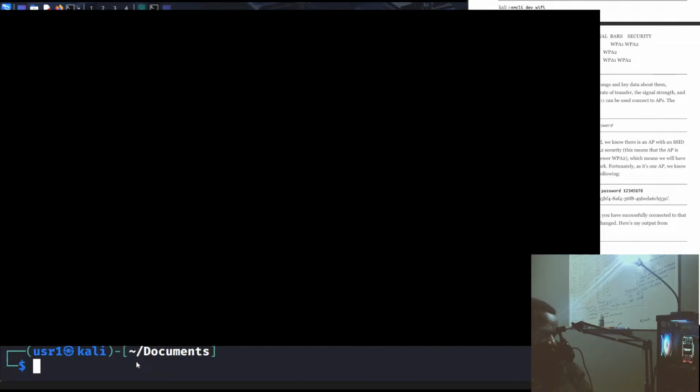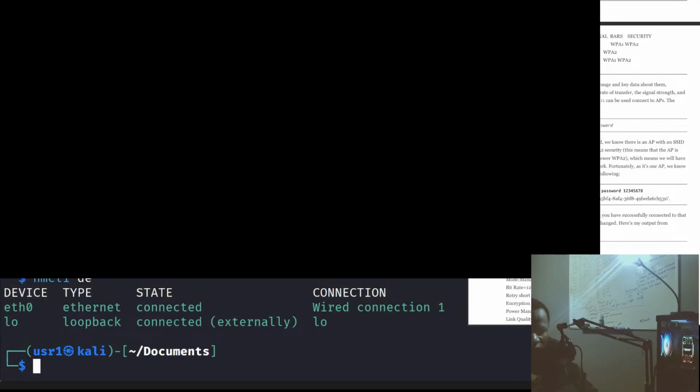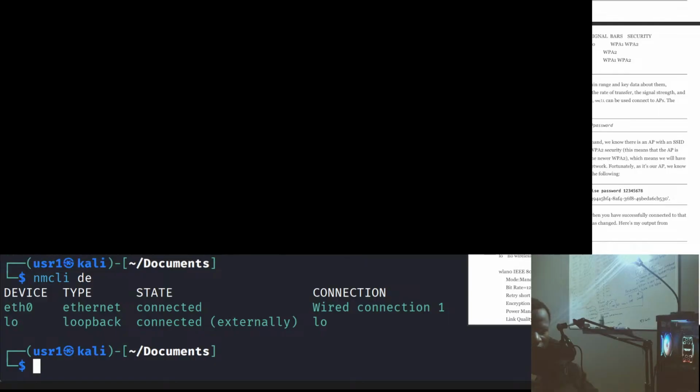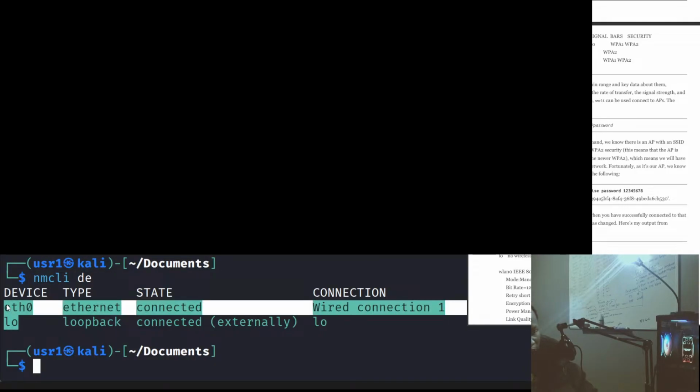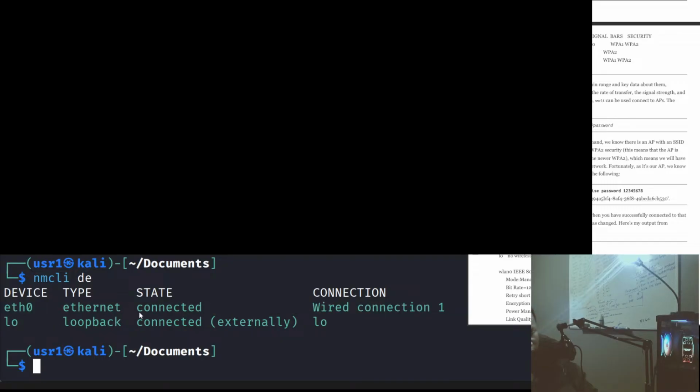Okay. So it shows that when using the DE arguments, it comes back and shows you Ethernet and Ethernet 1, Ethernet connected and wired connection 1. It shows that, but I guess it cannot show Wi-Fi. No, though. When I try to get the output for the, maybe I just do